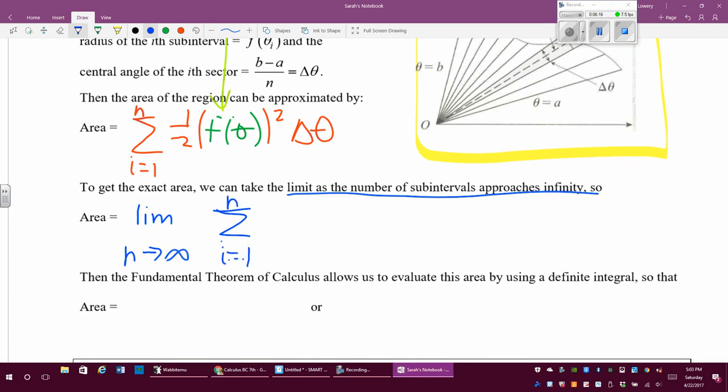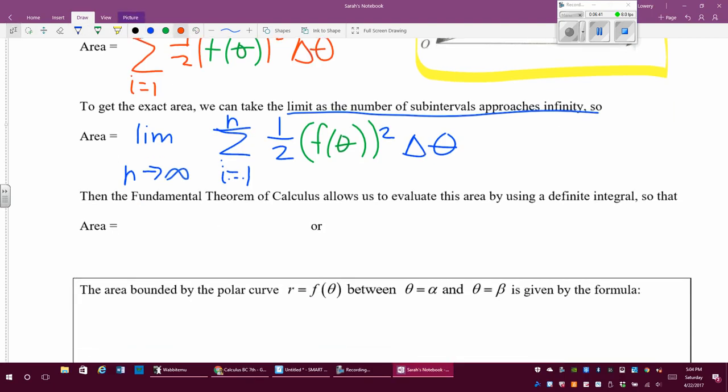So i equals 1 to n, 1/2. I'm going to use that f of theta. We're still going to square it, delta theta. Just like we took infinitely many rectangles, I'm now saying infinitely many subintervals. But remember that when we're using this notation, this is a notation for an integral. So really, I can say that this is now the area from A to B of 1/2 f of theta